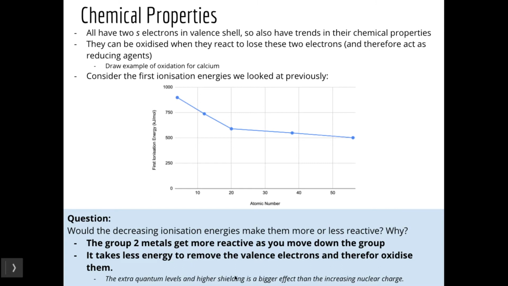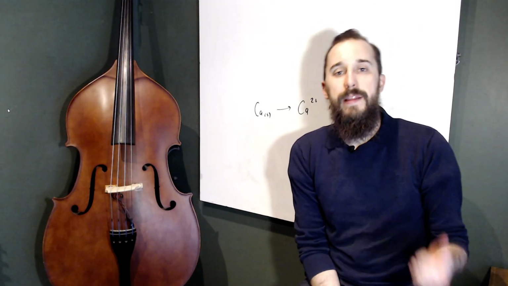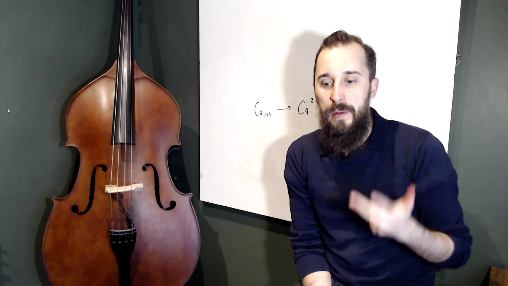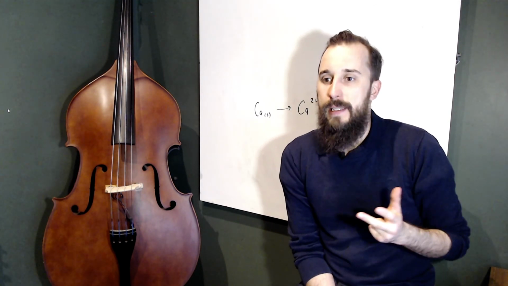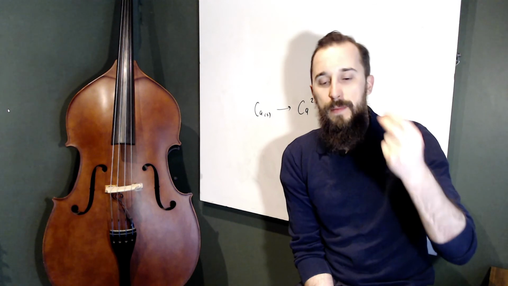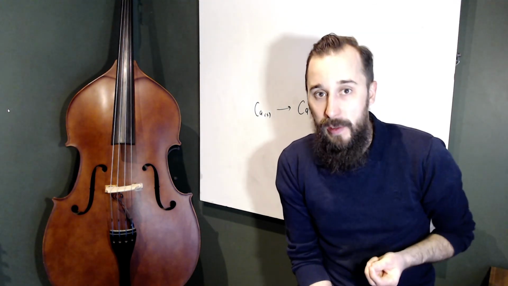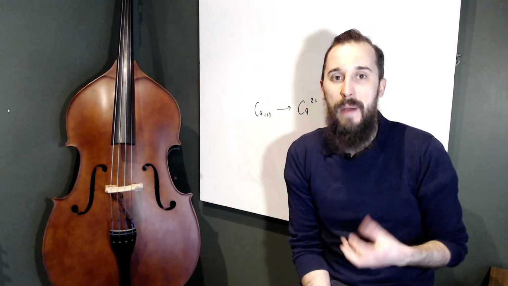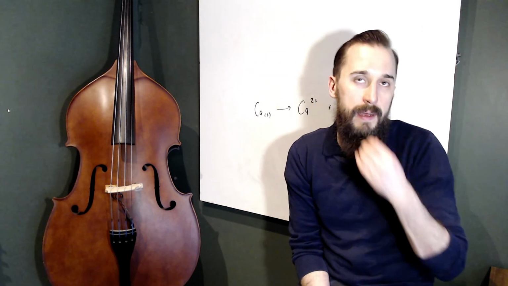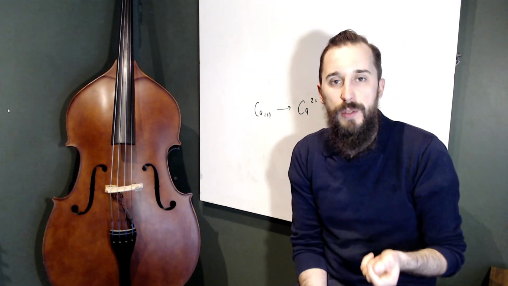The extra quantum levels and higher shielding is a bigger effect than the increasing nuclear charge. So if we think in terms of ionization energy, we said the things that affect ionization energy are the number of quantum levels, the shielding, and the nuclear charge. And whilst you'd be correct to say that the elements further down the group are going to have a higher nuclear charge, so potentially that could make them harder to ionize, oxidize in our specific case of the group 2s,